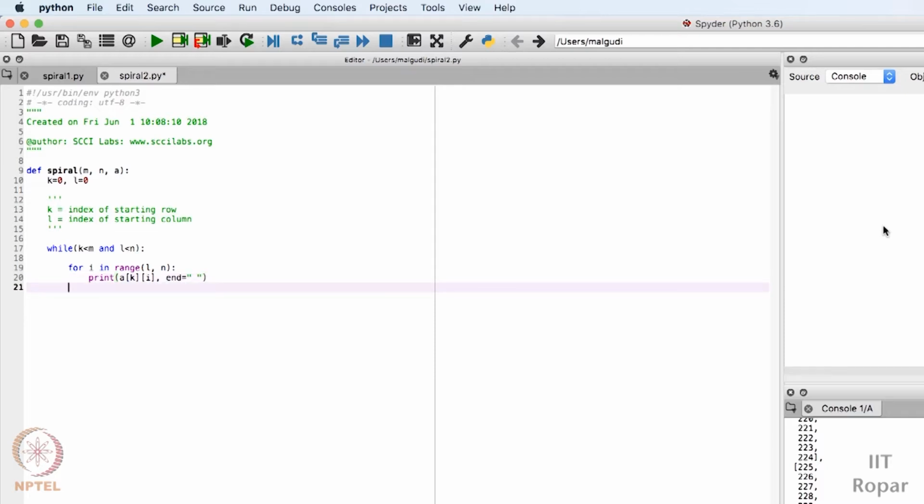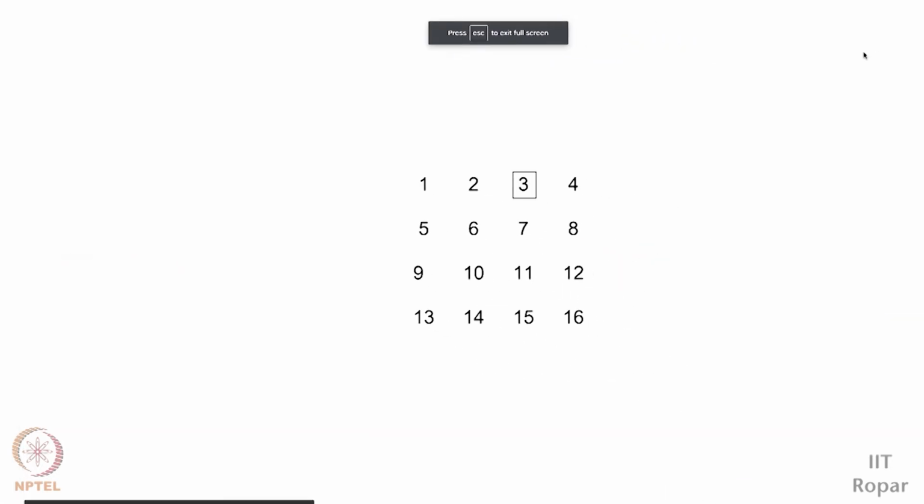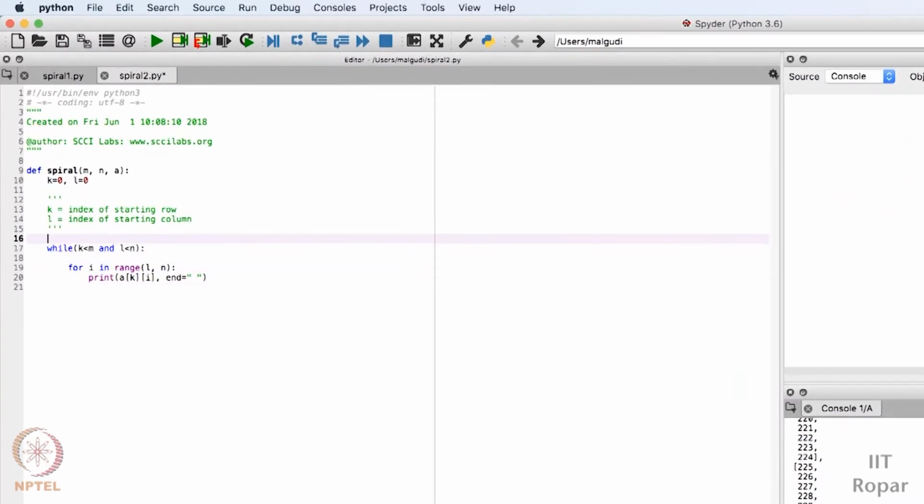Awesome. After this, when the first row is over, 1, 2, 3, 4, I have to go to the second row. So the second row is important. Now here, see, second row, but I have to print all the elements of the last column, 8, 12, 16. So in this traversal, my column is fixed, but I have to traverse through all the remaining rows. See, the remaining rows are the second row, third row, and fourth row. But the column is fixed. The column is the last column.